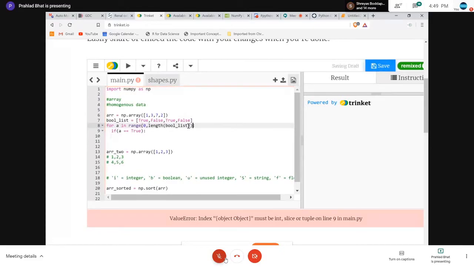A quick interpretation of it is like this. We're saying for A in, remember the range function, it creates a list from 0 to the length of our bool list, which is just 4. Then minus 1, because that'll be 3, because this corresponds exactly to the index values. So 0, 1, 2, 3. So for A in the range of numbers 0 to 3, if bool list of A, so we're taking that index value and indexing it into the bool list, if it's true, then